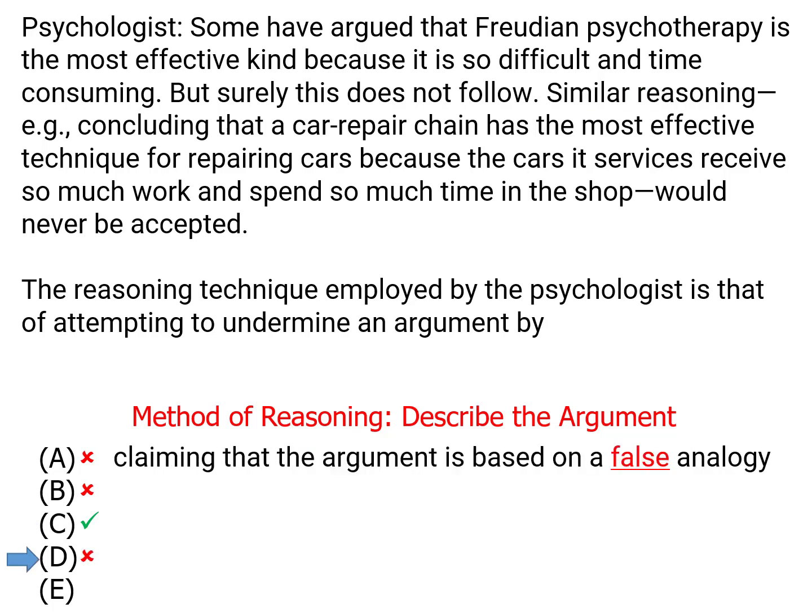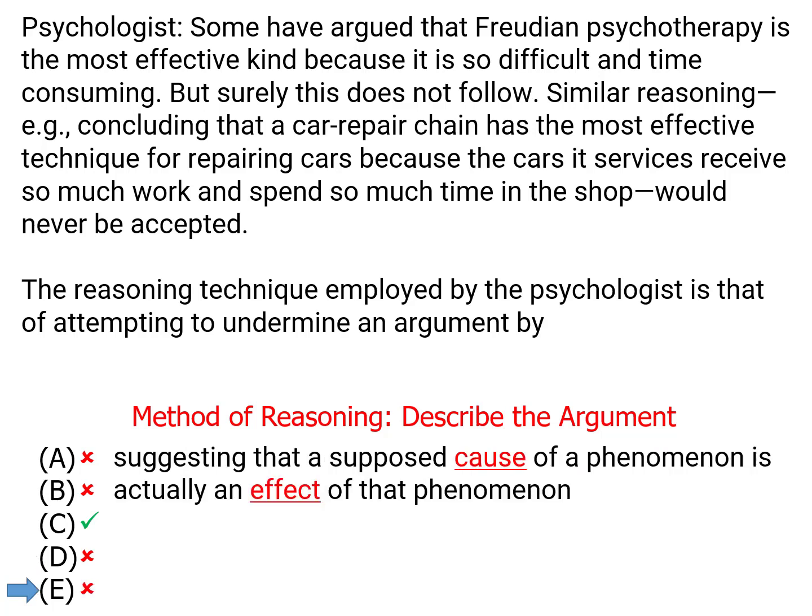Answer choice D, claiming that the argument is based on a false analogy. This answer is definitely meant to trick you. It also uses the word analogy. But the author doesn't say that the original argument is based on a bad analogy. The author uses an analogy to show that the argument is bad. That's two different things. So D is not the answer, and E, suggesting that a supposed cause of a phenomenon